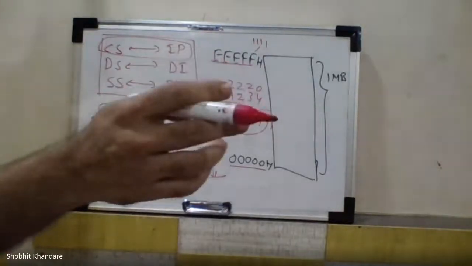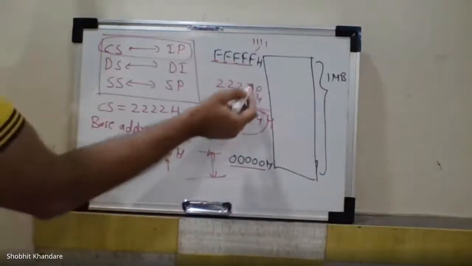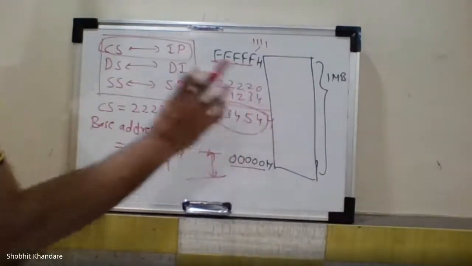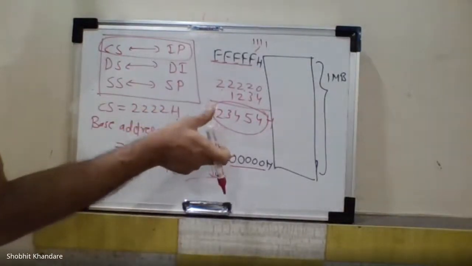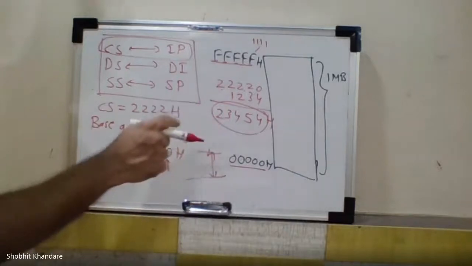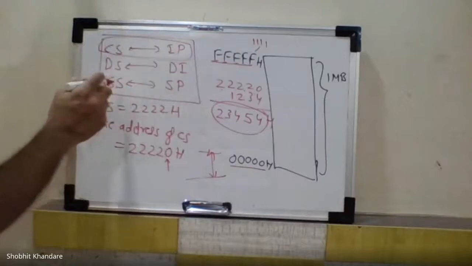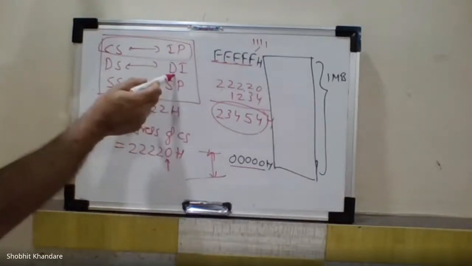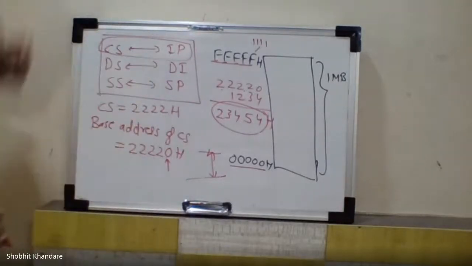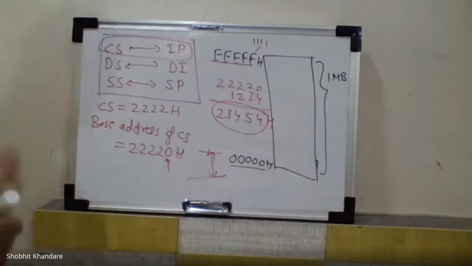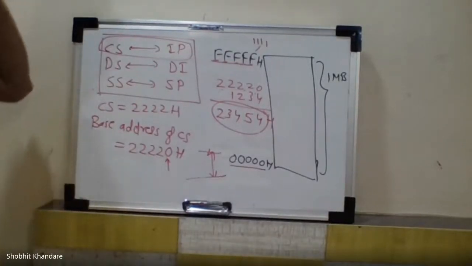So you can do this homework. You do it for DS also. The same thing. Just append 0 and add, and get the physical address. Done. So you will get the physical address for the location in the DS, that is the data segment, as well as the particular location in the stack segment. The only thing is that you should know data segment will go with the data destination index, and your stack segment will go with stack pointer. That is the only change we have. So you can do this DS and SS calculation as homework. I hope you have understood this.